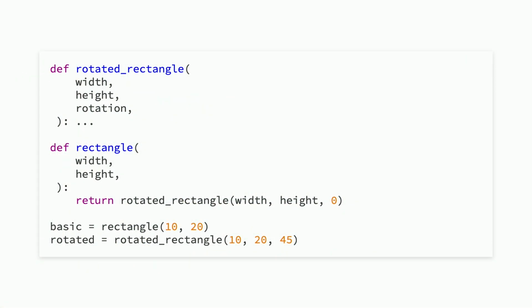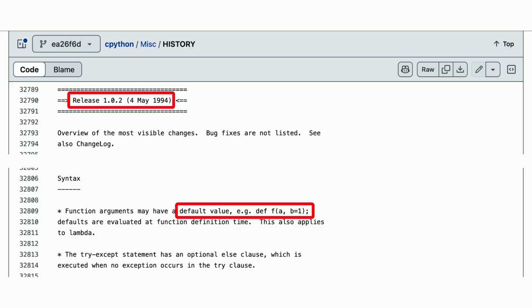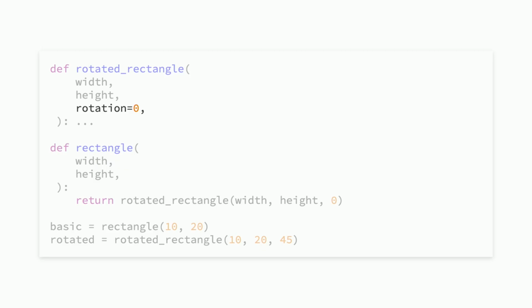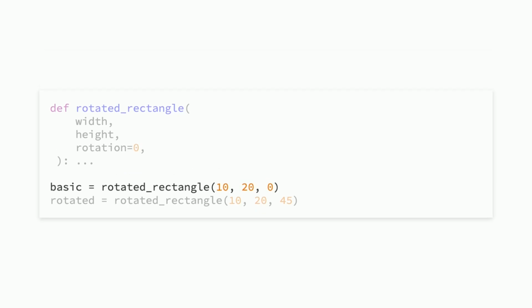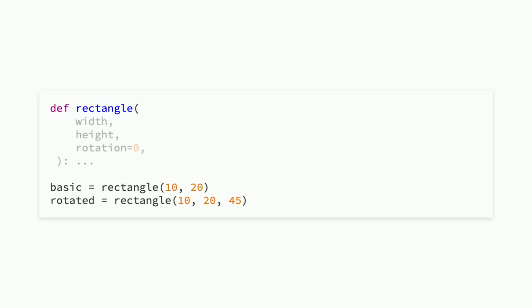So without function overloading, how does Python let us simplify this? Well, in Python, we have default arguments. And these were added back in 1994 for Python 1.0.2. And so what we can do is specify default arguments using this equal sign in the parameter definition. And now, if we only keep a single definition, we can remove the need for this function chaining, and then remove the need to pass in 0, since it will use the default instead. Then we can rename our function back to rectangle to get our beautiful definition. Isn't it great?